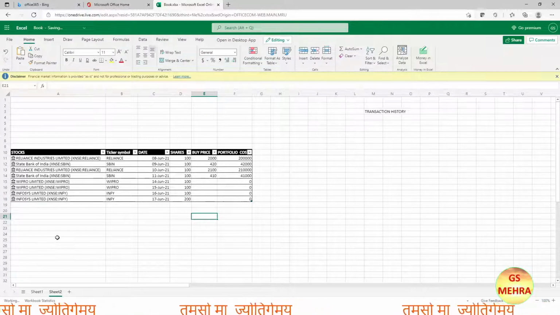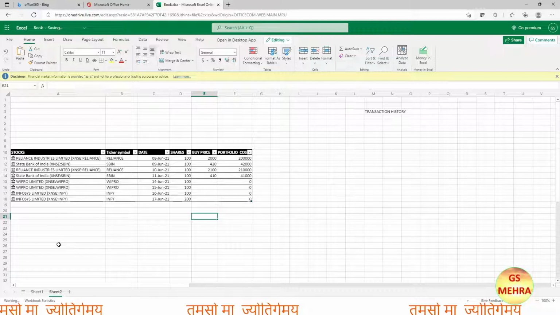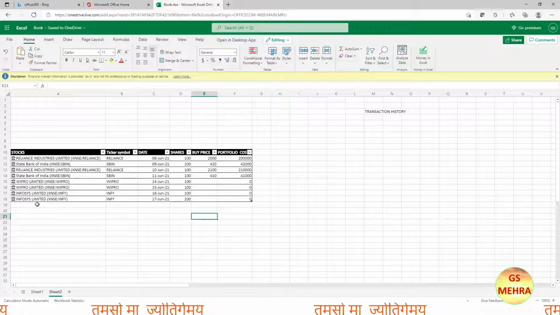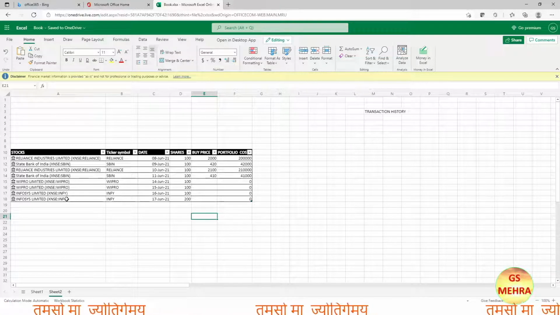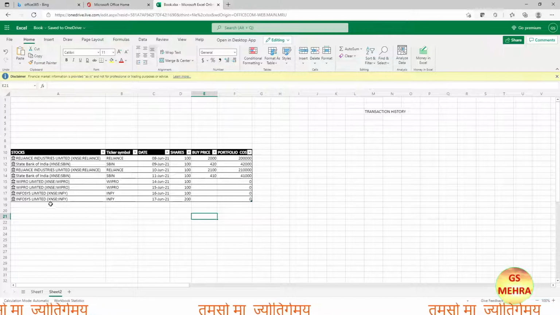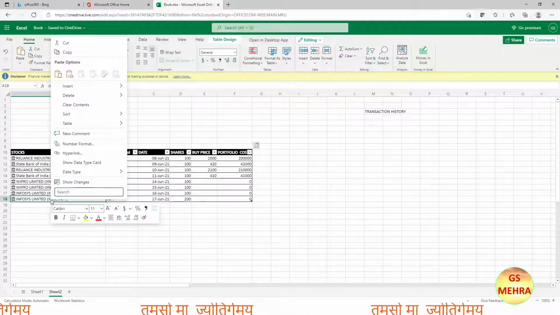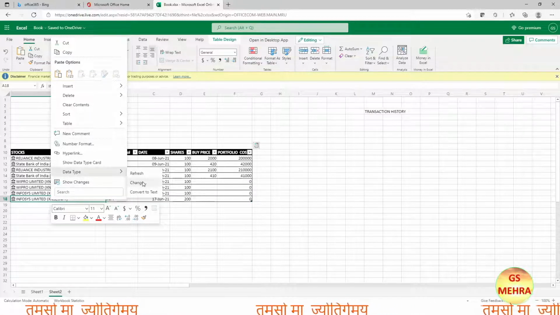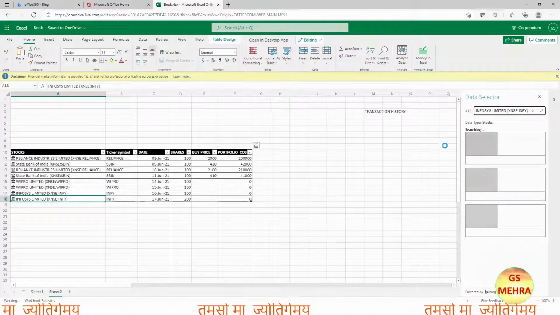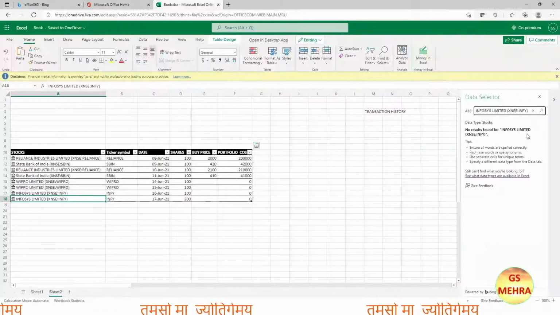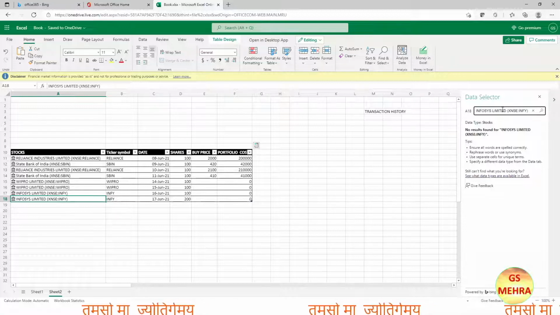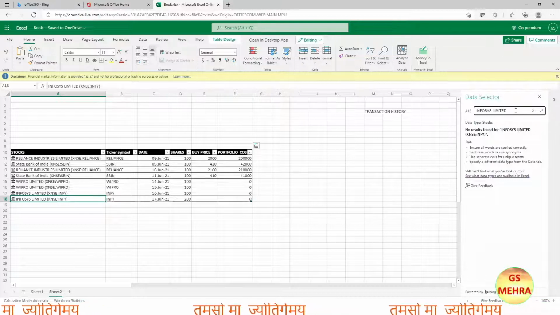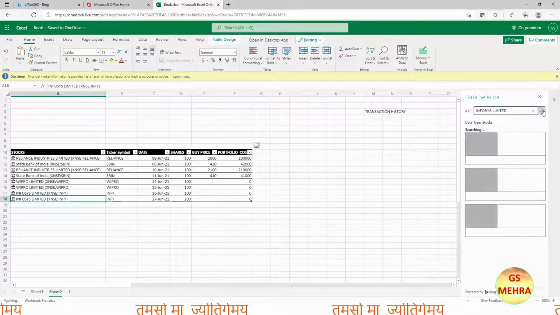Now suppose that we want to change our stock exchange from National Stock Exchange to say Bombay Stock Exchange. So for that we will just click here, and here you can see that we are having this data type. So go in change, click on change, and then here we can see Infosys Limited XNSE Infosys. So just delete the stock exchange, just write Infosys Limited only, and then search. When you click on search, you can see that we are having so many options, and we'll click on Bombay Stock Exchange, so BSE.